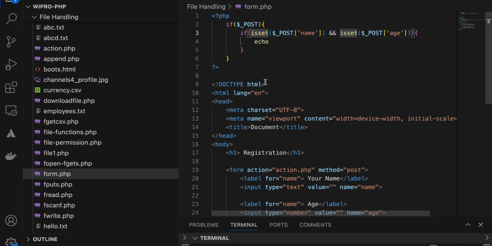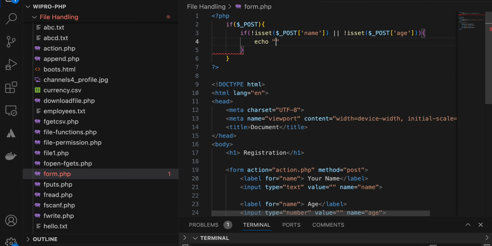Either you can write isset of all of them, or if this is not set, or this is not set, if any one of them is not set,